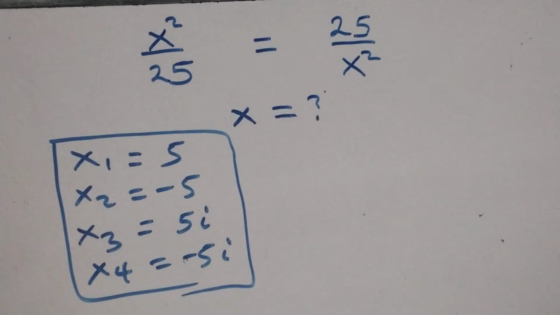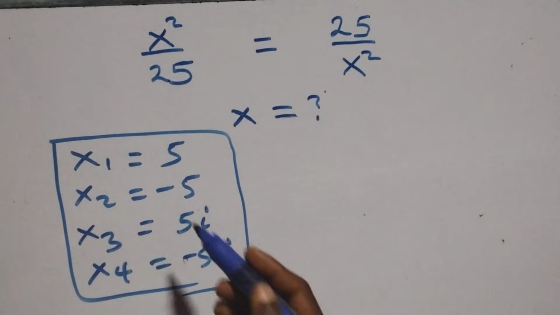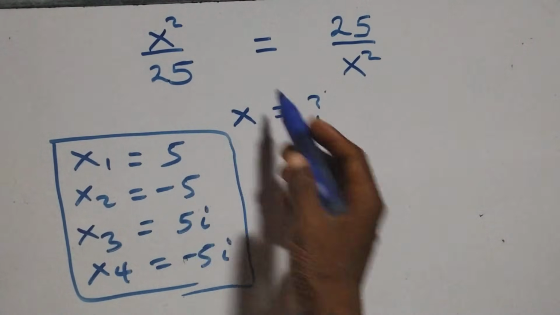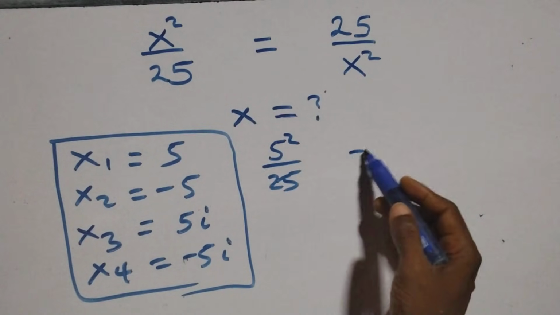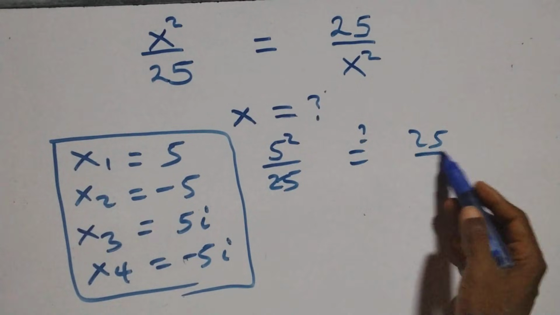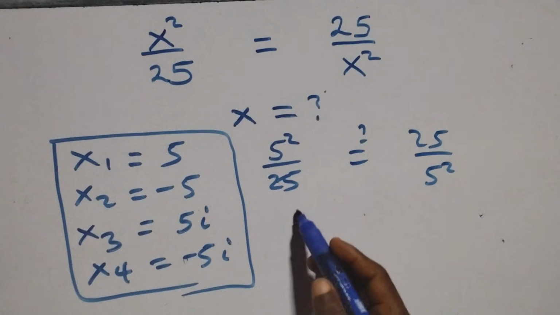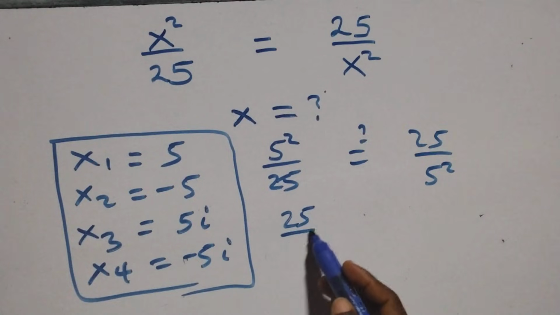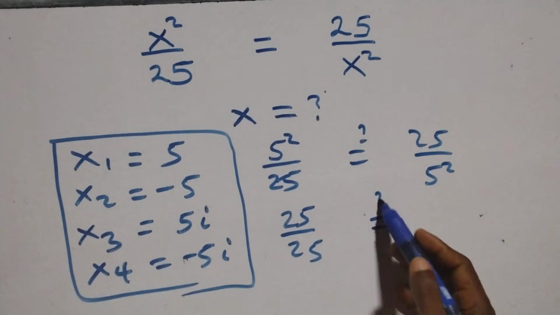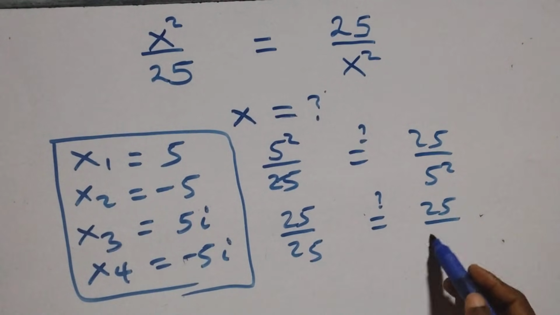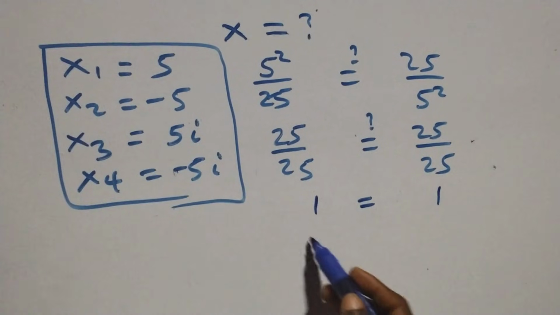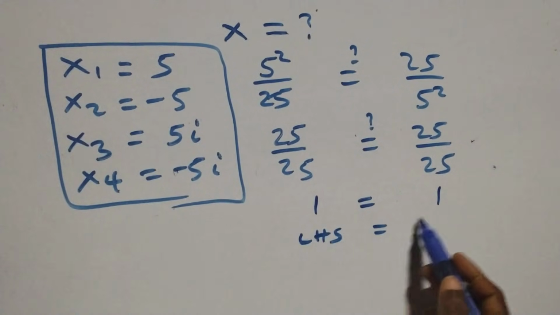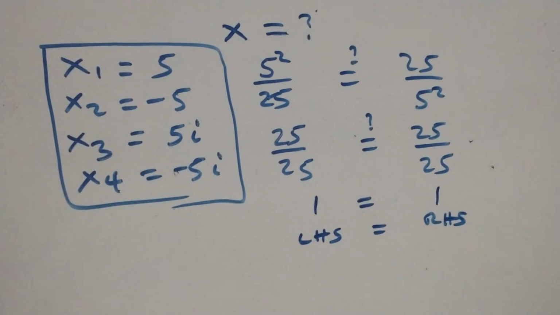Now, when we check here if this satisfies the given problem, if x is equal to 5, this equation becomes 5 squared over 25, is it equal to 25 over 5 squared? 5 squared, 5 times 5, also 25. Then over 25, is it equal to 25 over also 25? 25 over 25, that's 1, which is equal to 1 here as well. That is, left hand side now equals the right hand side. Then x equals to 5